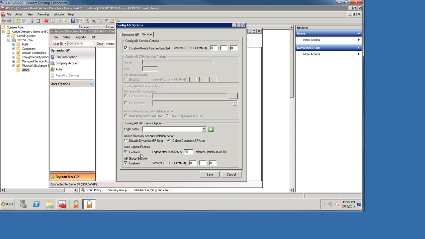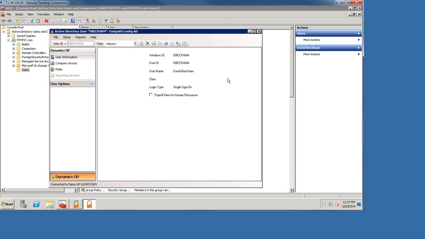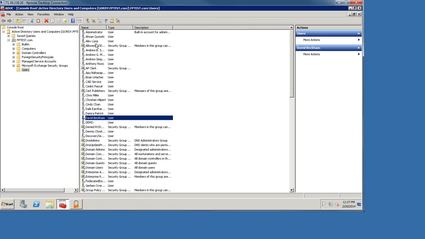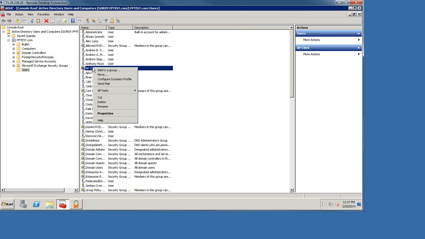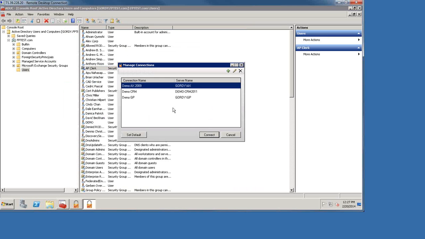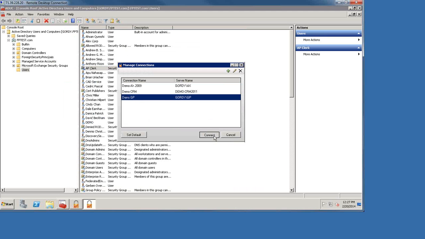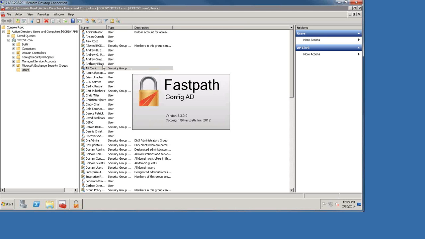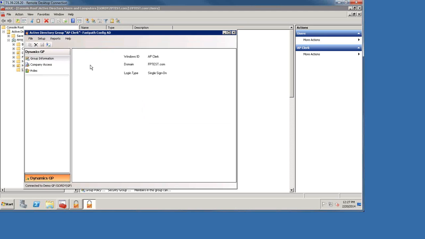The Active Directory group security, what that means is just like we can assign security to an actual individual in GP, we can actually assign security to an Active Directory group. So if we click on a group and right click, we see it says Configure Dynamics Profile. We connect just like we would with a user, and here now we can, as part of the group,